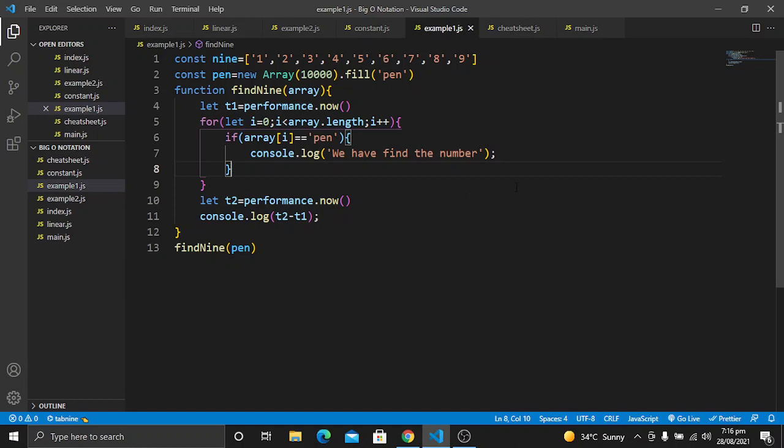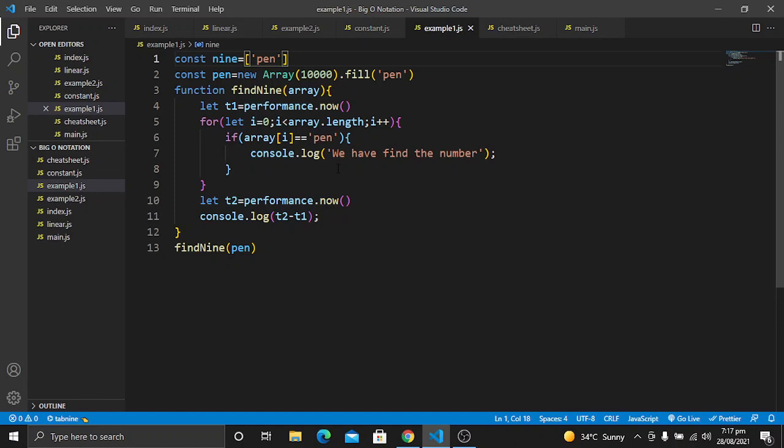The best case is, as we have seen earlier, that if there is only one item in the array, which is pen, and it finds the pen, then it will log it here.